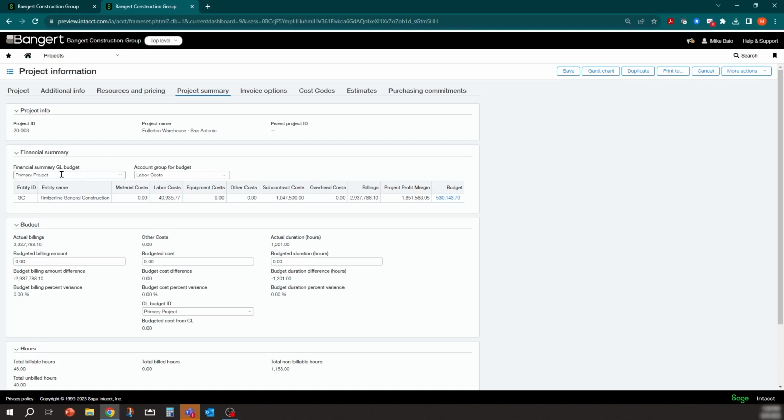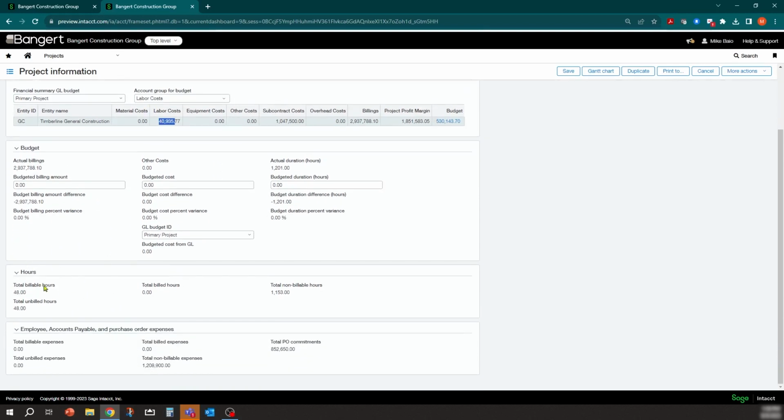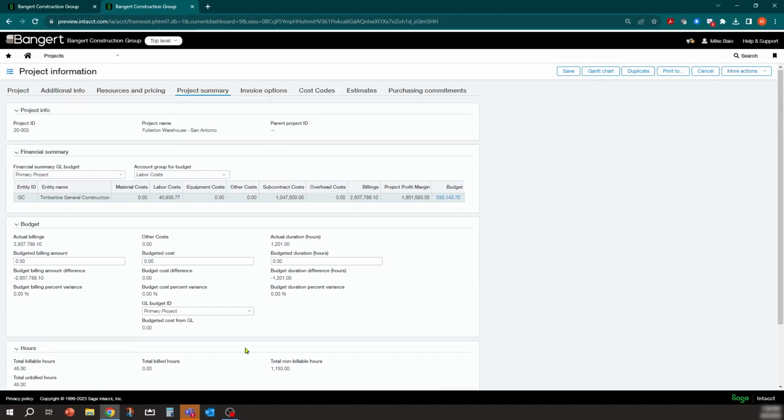You know, what's the primary budget? And you can see if there's multiple costs or across multiple entities. You can see them broken out by entity here. This is the screen that you've traditionally had in this area where it gave you an overview of your budget information. But now they've added some more data options here, some totals. Now you can see total hours by project right here on this tab. And you can also see costs: all of your payroll, accounts payable, and purchase order costs right here on a total level.